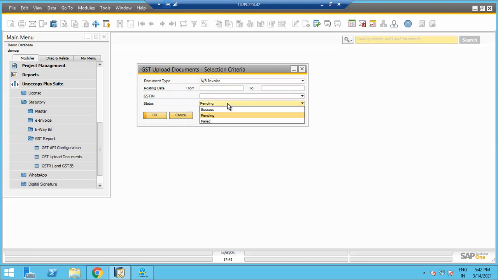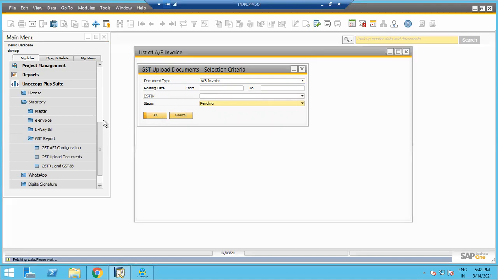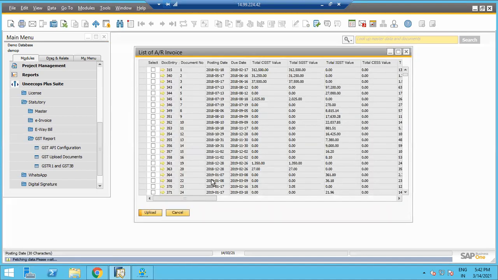And then the statuses. So the invoices or the data which is pending presently will be coming in the pending status, then the success status and the failure status. So if I want, I'll just click on the pending status and click on OK. So it will fetch all the AR invoice data which I have not yet pushed to the ClearTax portal. So once I select the data from here, it will be pushed to the ClearTax portal and we can upload to that portal. Now I'll take you to the ClearTax portal from where we are filing these returns.